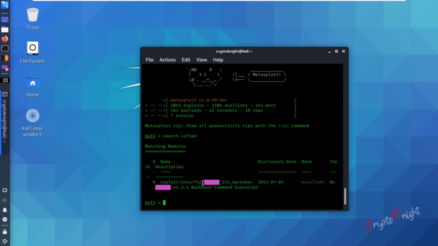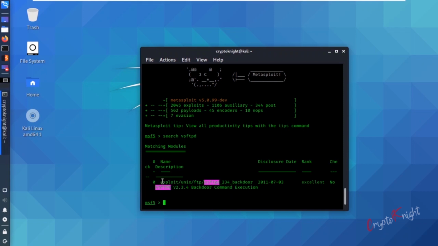We have an exploit here, right? exploit/unix/ftp/vsftpd_234_backdoor, and if I remember correctly, the version was also 2.3.4, right? So we can use this exploit and let us try to get access to the complete system.